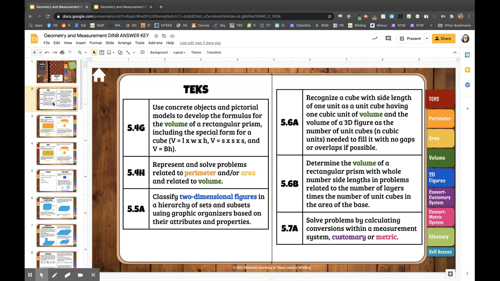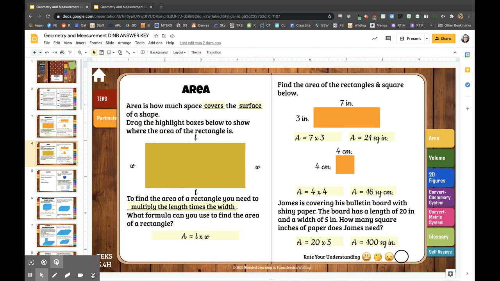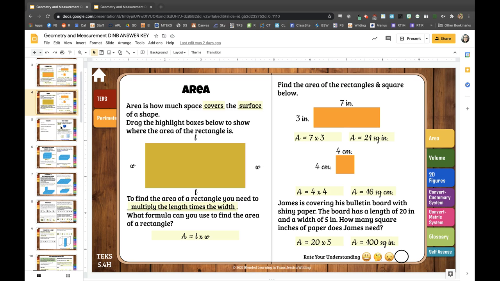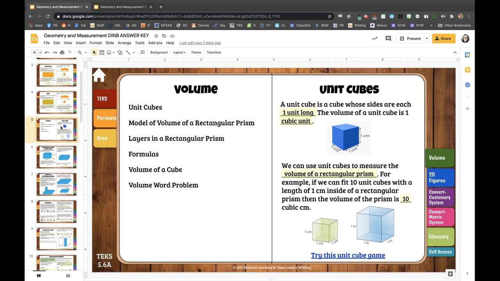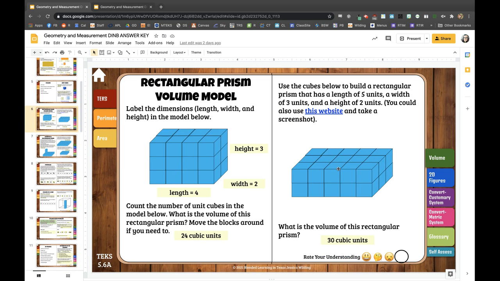This notebook covers perimeter and area, problems involving perimeter and area, volume, two-dimensional figures, and converting within the customary and metric systems. So the perimeter and area pages are short, just a review of what they learned in 3rd and 4th grade. Then for volume, it starts out with what a unit cube is, some models of volume, and the